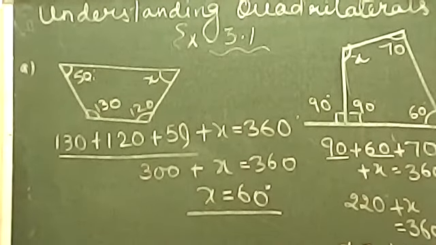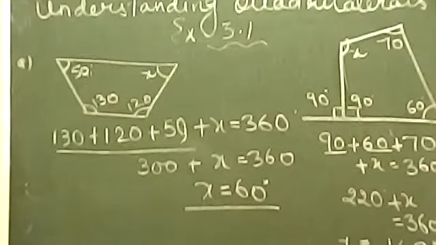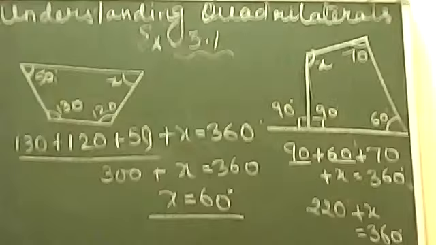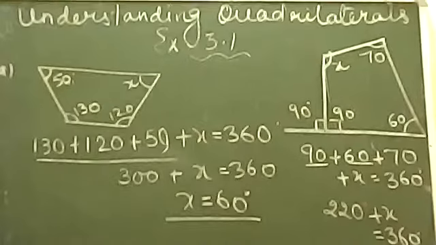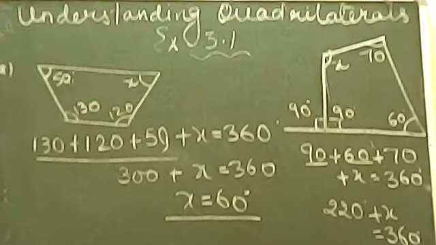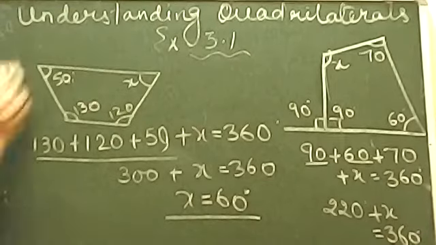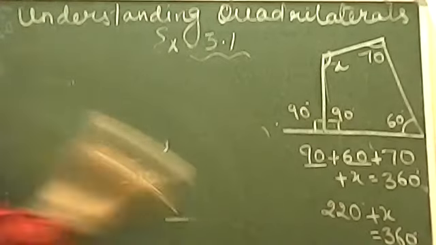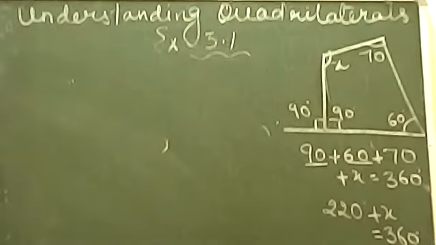Now let's discuss question number C from it. Now how will you do C? Let's see this. Question number C is also another figure which you can see here, but it's not a quadrilateral beta. इस बार आपके पास जो दिया हुआ है that is not a quadrilateral. How will you see this?